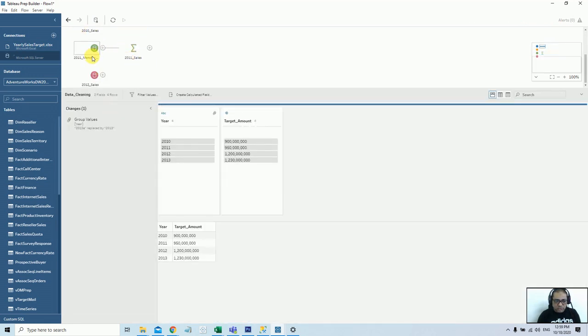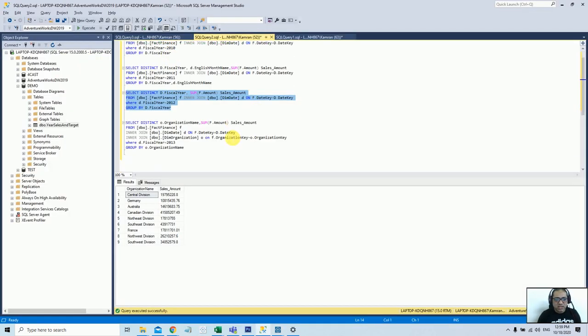But we need to join all these 3 together to get a specific result. But before that, let me add the last step, which is the 2013 sales. If you see the result, this result is basically grouped at the organization level, and we know in the filter that this is for 2013, but there is no year selected in the select value.